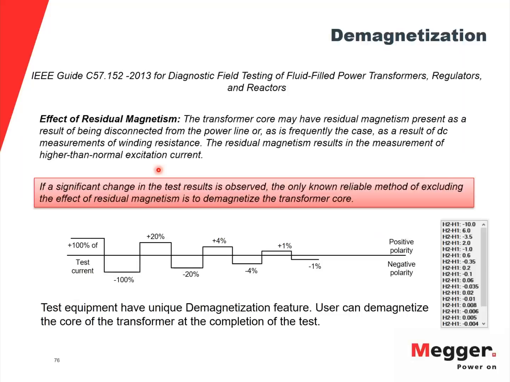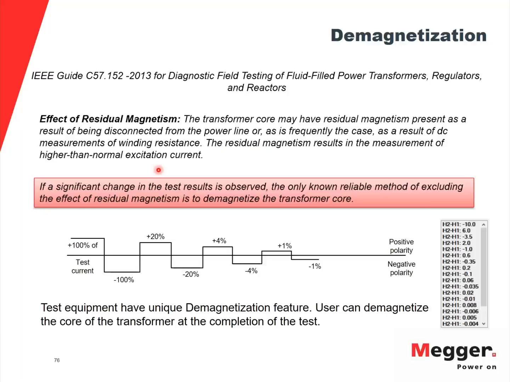Once I have completed all my tests, your TTR and winding resistance, it is recommended to perform the demagnetization on the core of the transformer, because you don't want to have any kind of residual flux in the core, because that would affect your other electrical tests such as SFRA and excitation current, and it also might trip the transformer when you energize the transformer. So the recommended way of performing the demag is to use DC current in the positive and the